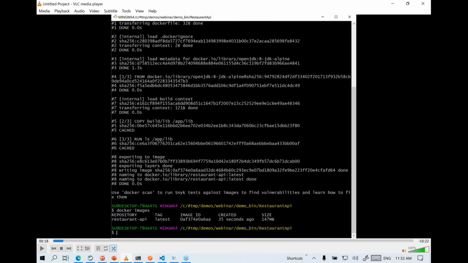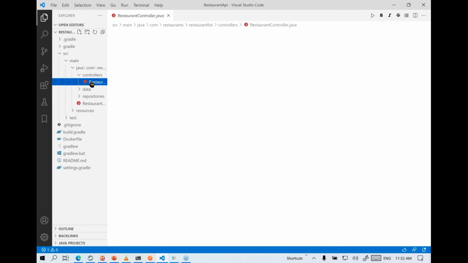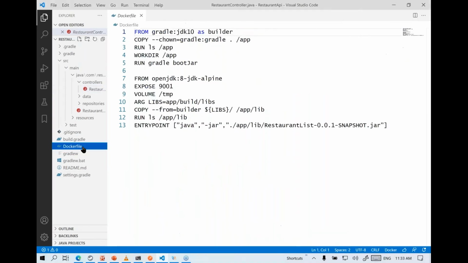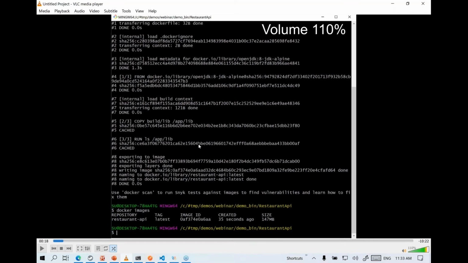So basically, so far we have seen that in addition to having your regular Java-based application source code, like here I have the source folder with the .java files and so on, and I'm using Gradle as the build engine here, but that's not the main thing. You can choose to use Maven if you want. The only thing that's specific to Docker is this particular file, Dockerfile. That is it. So we have this Dockerfile, and you run the Dockerfile by using docker build.